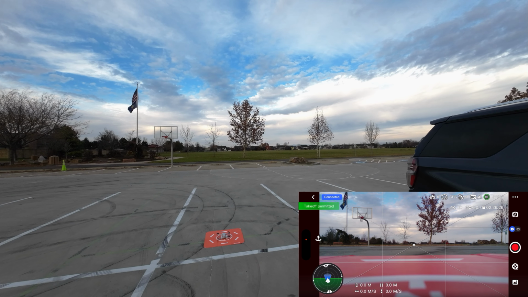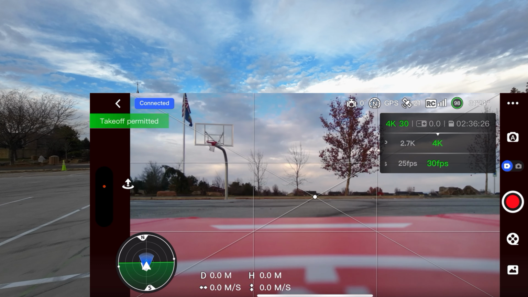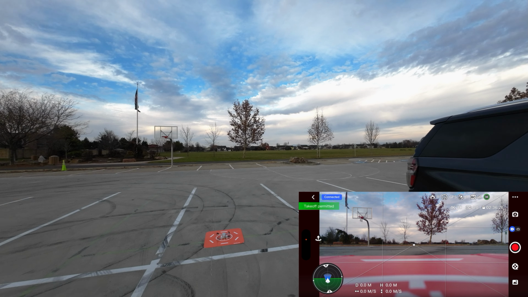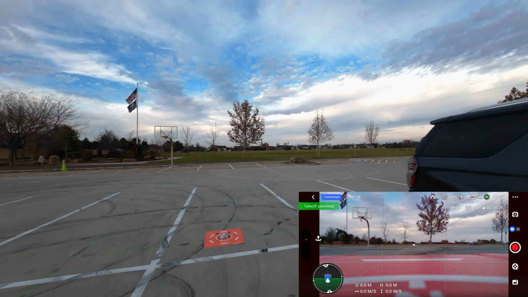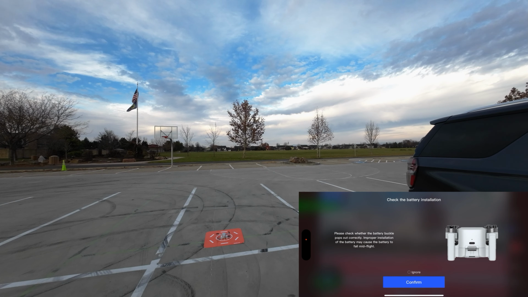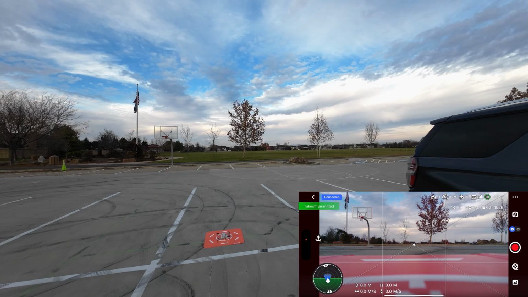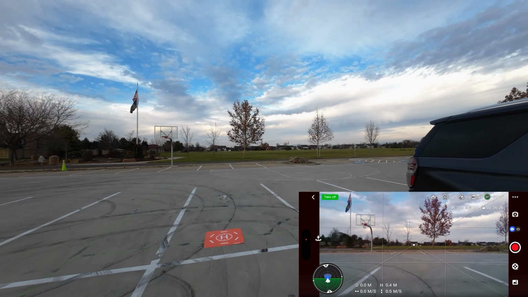We're shooting in 4K 30. And let me click on this stuff to see if we see any changes there. I don't see anything new there. So let's click on this other menu here to see if we see anything new there. Yeah, you can't do that till you're airborne. So I don't know. We'll see if there's anything else in the camera menu once I take off here. But I want to confirm that the battery's in there, and it is. So let's hit that again, and we'll slide. And the drone takes off